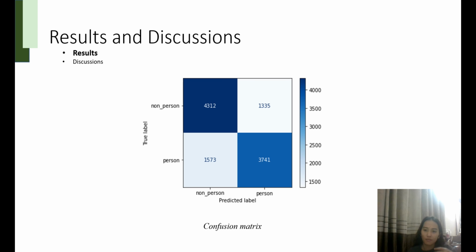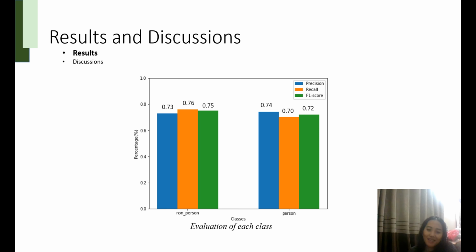It shows the model gives the best accuracy for the non-Persian class, about 76%. For the Persian class, the correct prediction percentage is 70%. So we can conclude that the model works better at classifying the non-Persian class. The other evaluation methods, like precision, recall, and F1 score, I think also show the same results as the